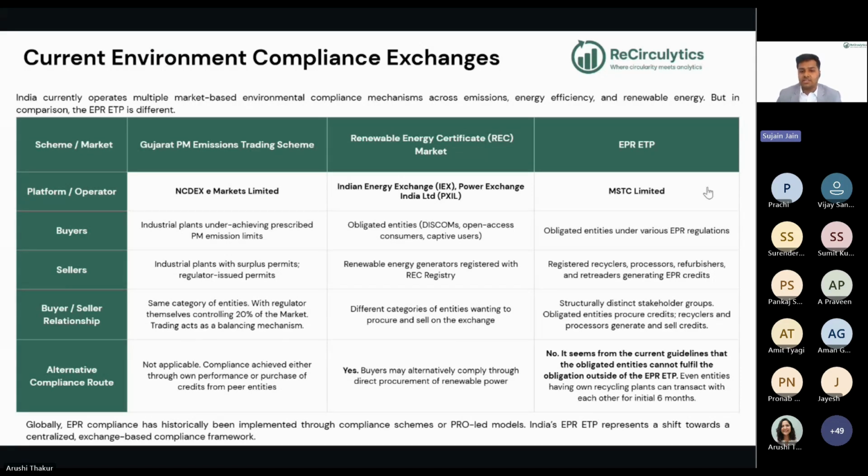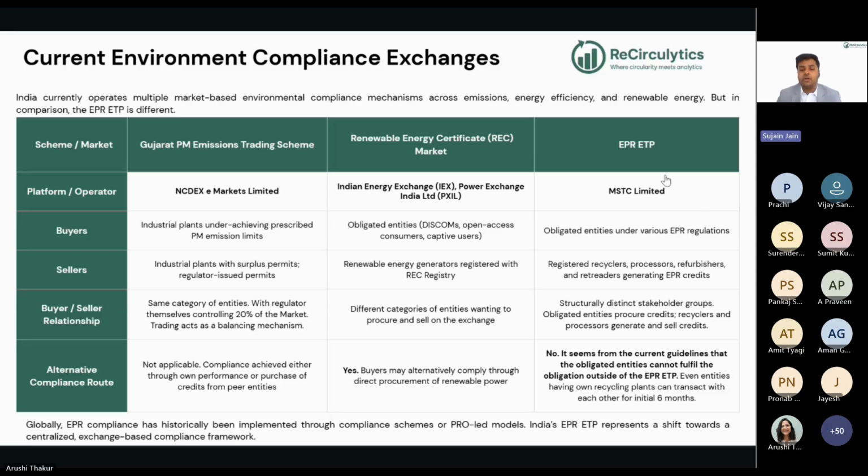Here, the buyers and the sellers, just like REC, are two different entities. The buyers are the obligated entities, like in plastic we have PIBO and SIMP. In battery, e-waste, and used oil, we have producers. The sellers are people like recyclers, waste processors, refurbishers, retraders. These people will come to sell the credits on the exchange, and the obligated entities will want to buy those credits. Structurally, these are two different groups,